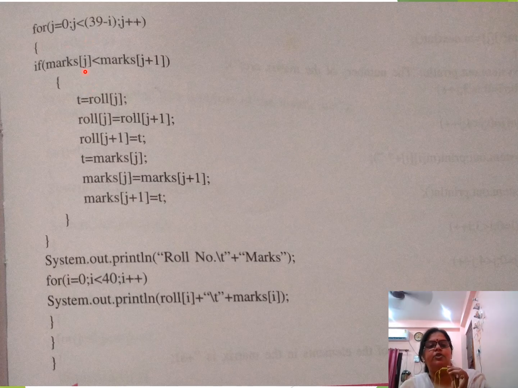When marks[j] is less than marks[j+1], then we do a swapping. Swapping has been done of roll numbers and of marks. See all the swapping. Then we print the roll number, and after that the marks. Whatever the roll number is, its marks go with it, and like that we get our output in descending order. This is how bubble sorting has been done here.